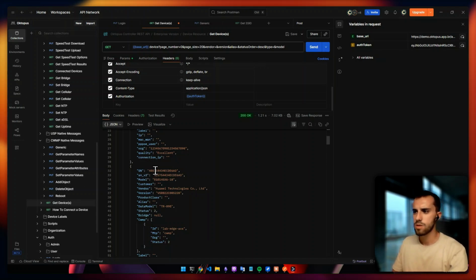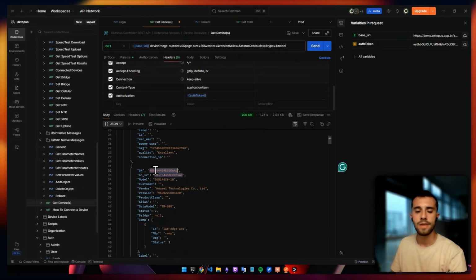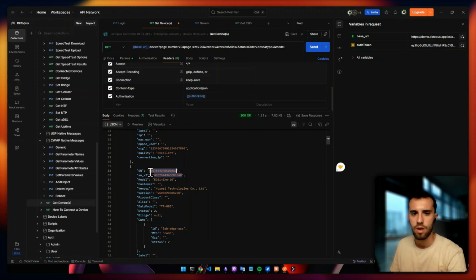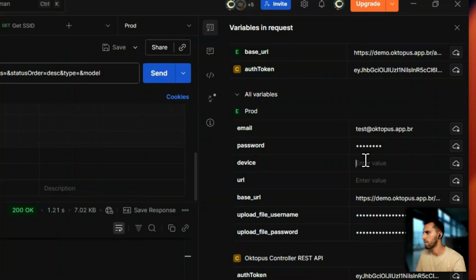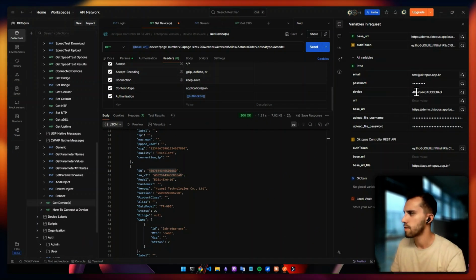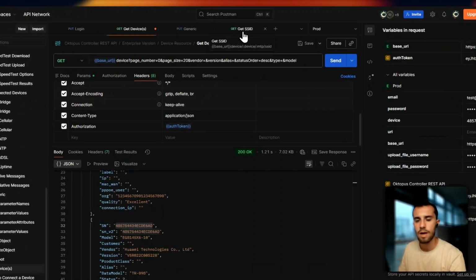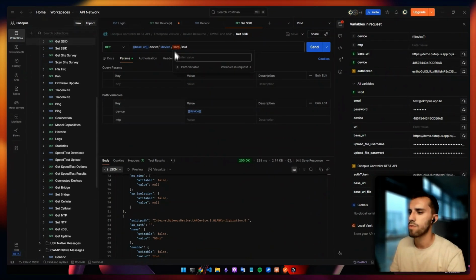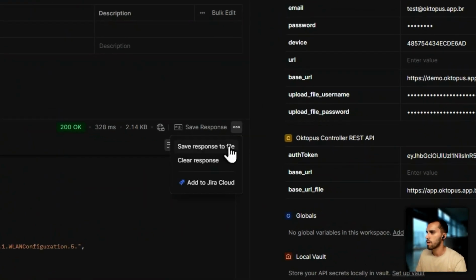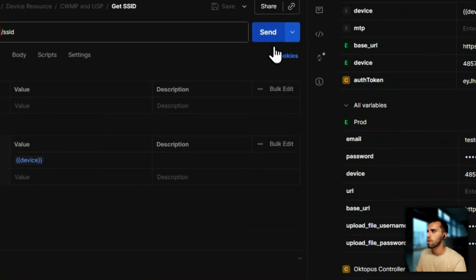Let's pick this one and ask for information about the Wi-Fi. Copy the serial number and paste it into the environment variables on Postman. It's available here. You fill in the device information. This is the serial number that we're using. Then we go to get SSID. It's a different API endpoint, different request. Let me clear that again. We click on send